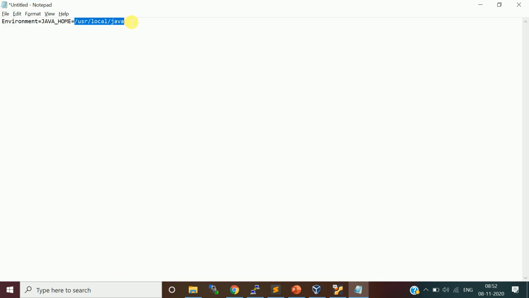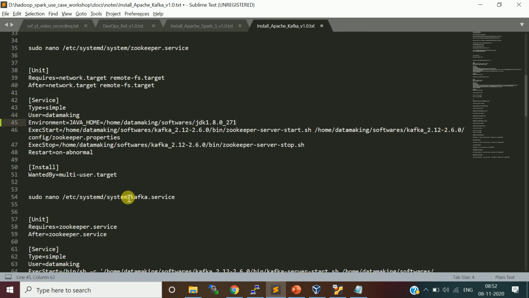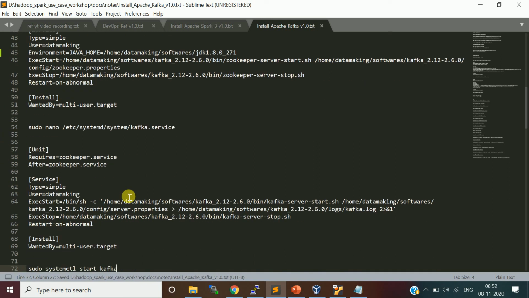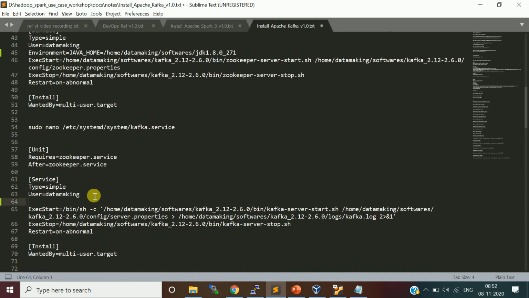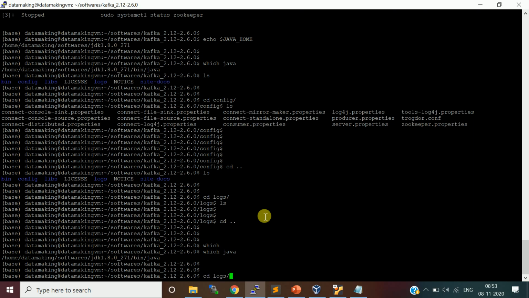So we need to provide an environment entry, JAVA_HOME equal to this Java home location, in our unit file. I'll also do this in my script so that you don't face this issue when you are setting up. You have to put it here, for Zookeeper, before starting the script, like zookeeper-server-start.sh and kafka-server-start.sh. I'll open those two files in my case.